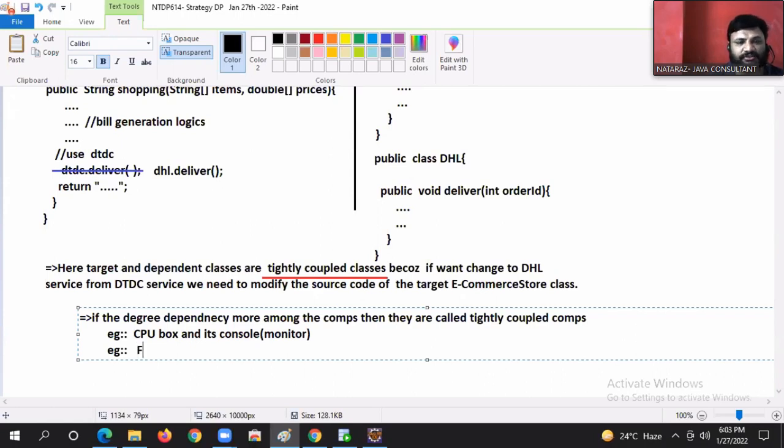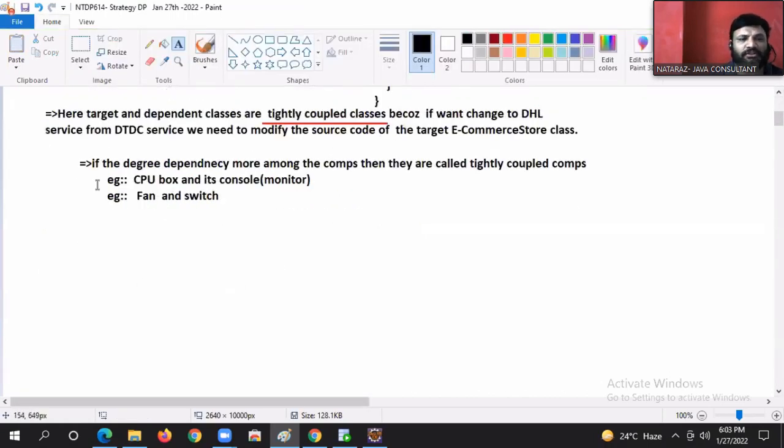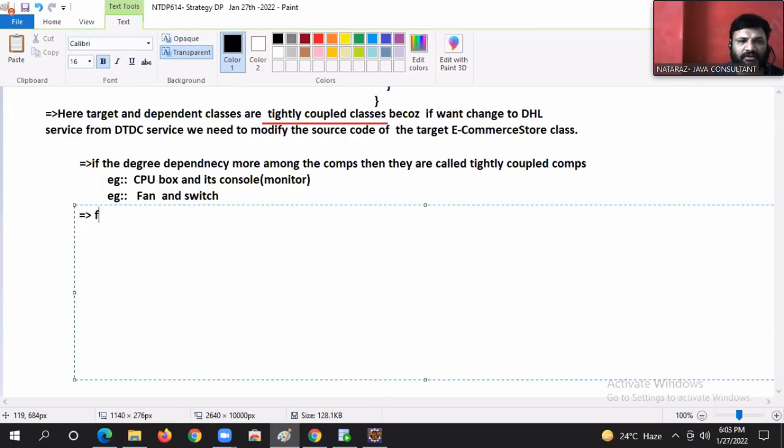Fan and switch. Fan and switch, guys. Yeah, without a switch, can we rotate the fan? No. So they are tightly coupled devices or not? Okay. Tell me, if the degree of dependency is less among the components,